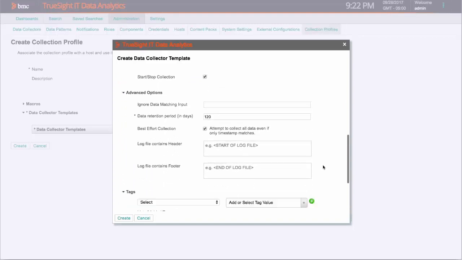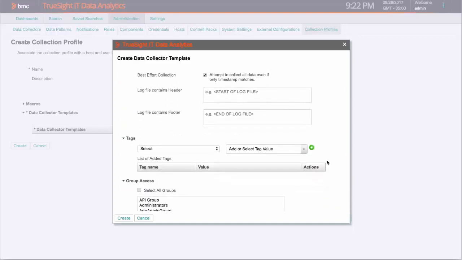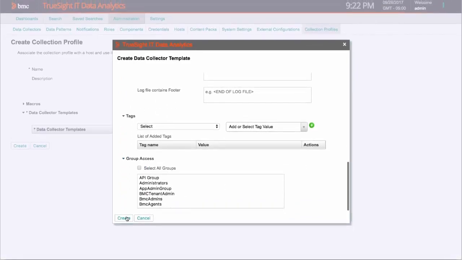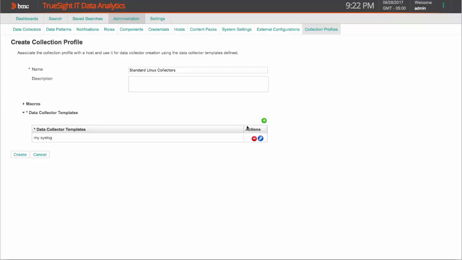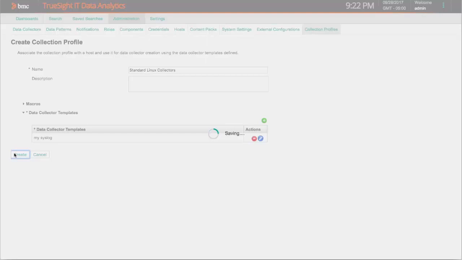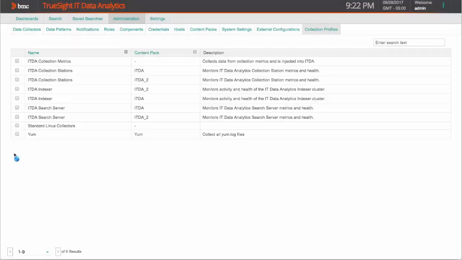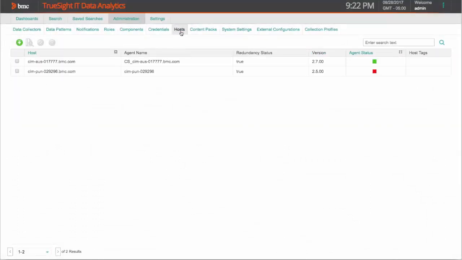I really don't need to change anything in here if I want all the new data collectors to have the same configuration as this one. I just need to click Create. Again, I could add another data collector, but for the sake of time, let's just create this one. Now, to apply this data collector to a host, I go to the Host tab. I'm going to select this host that I want to apply the collection profile to, edit the host,